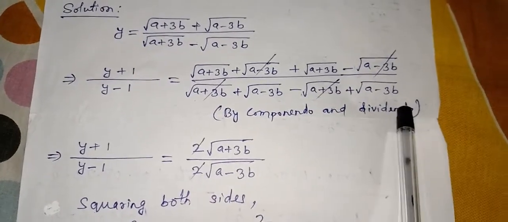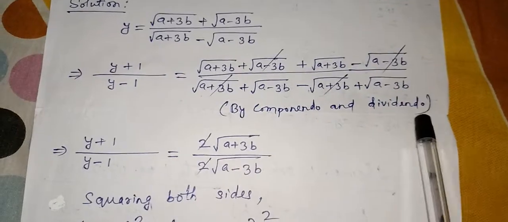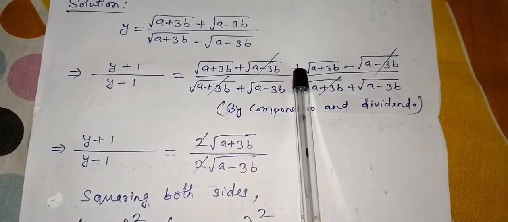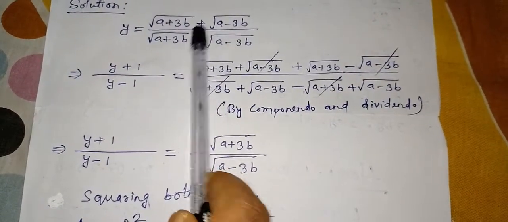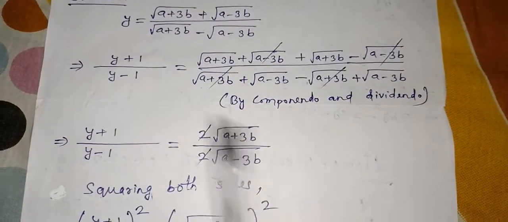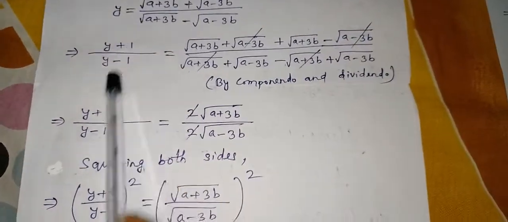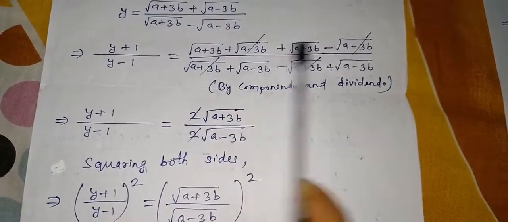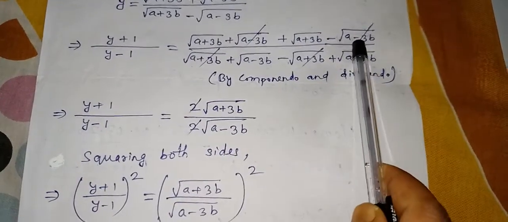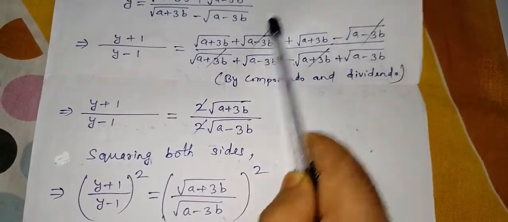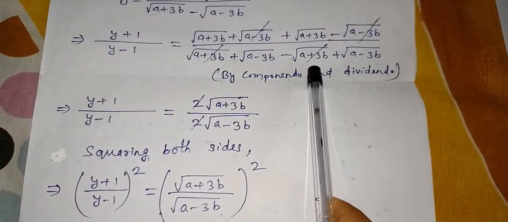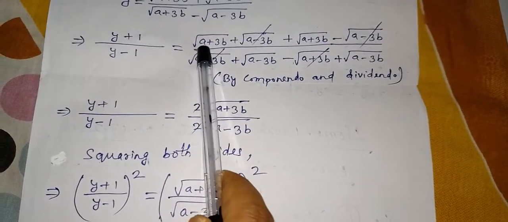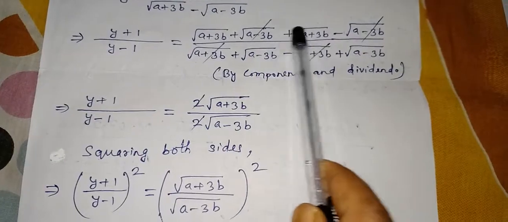So one step I have jumped here, I did not use bracket, but you have to understand that this was a multiplication with minus into minus plus. But in the upper part it is a multiplication of plus and minus, and it is minus only, because multiplying with plus no symbol changes. Now same thing I wrote here. Now here these two same terms got cancelled, root over a minus 3b, root over a minus 3b, but this is plus, this is minus, so got cancelled. And here root over a plus 3b, root over a plus 3b, this is plus, this is minus, got cancelled. Now remaining root over a plus 3b and root over a plus 3b, both are plus plus.